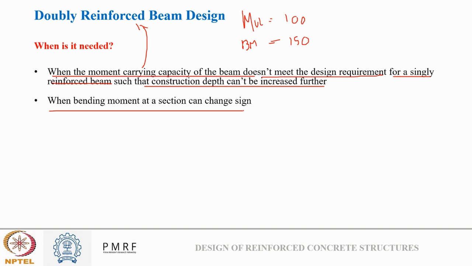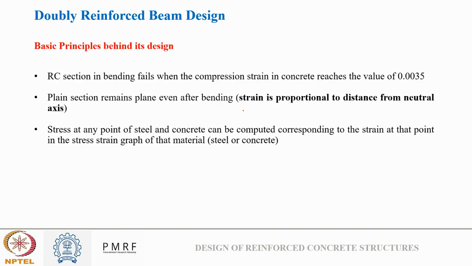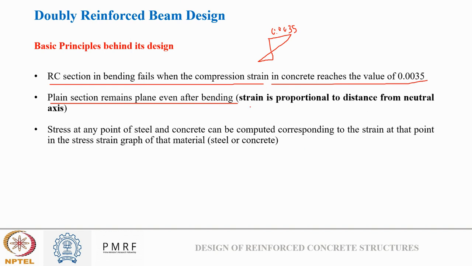For designing such a section, we need to take into account some basic assumptions. What are these basic assumptions? An RC section in bending fails when the compression strain reaches the value of 0.0035. This value we know; the limiting value is 0.0035. Plane sections remain plane even after bending,